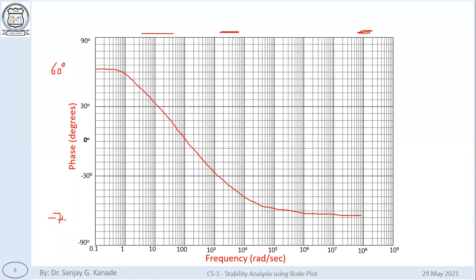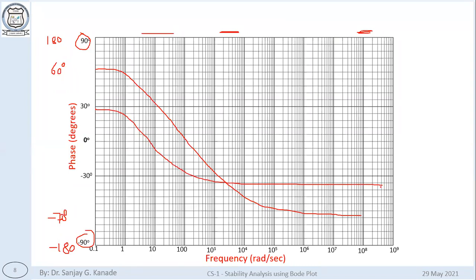If these are the range of values that you get from your calculations, then there is no point in choosing the scale of plus 180 to minus 180, right? What will happen if you do that? In that case, if instead of this 90 here and minus 90 here, this is 180 and this is minus 180, what will happen? Your phase values are not going to change. Your graph is not going to change, but the shape of the graph is going to get affected. It will get compressed, something like this.